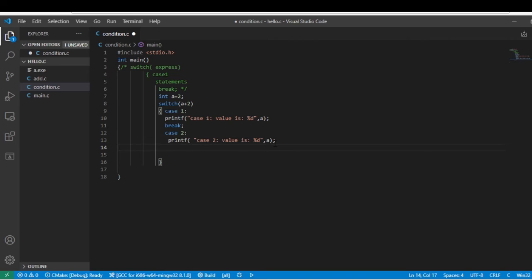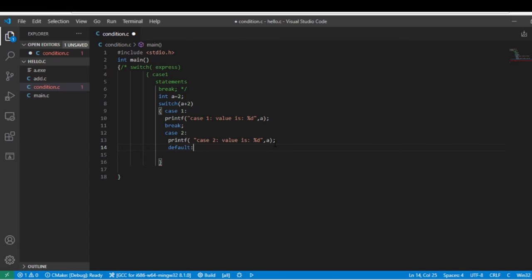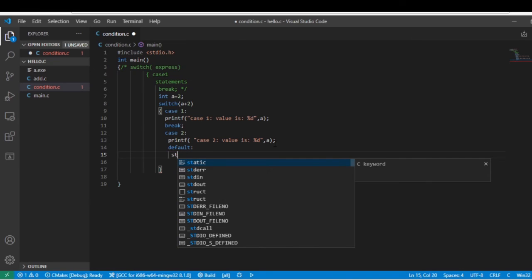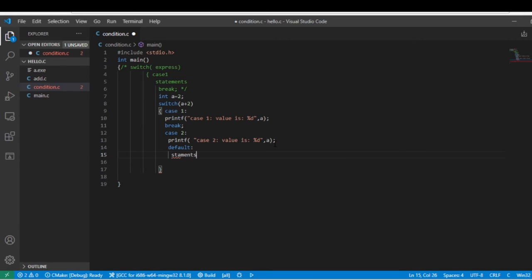After that, third, I write here default, default colon, and write any statement, like printf. See the printf statement.